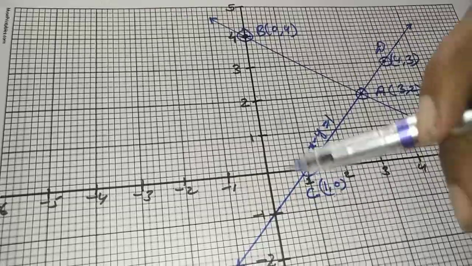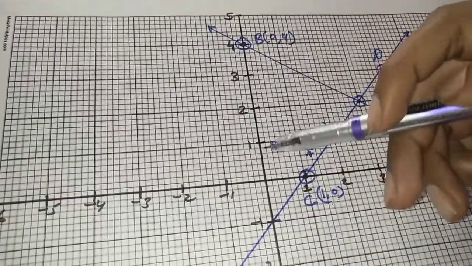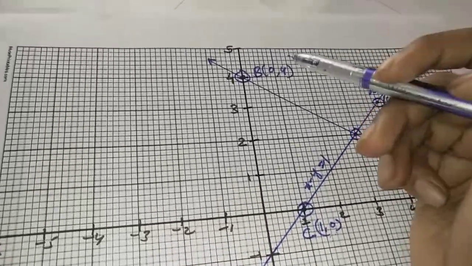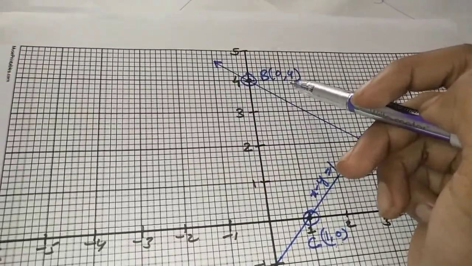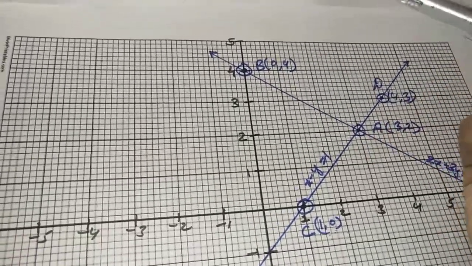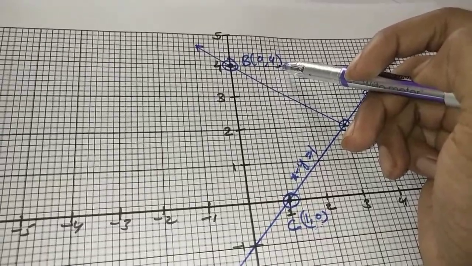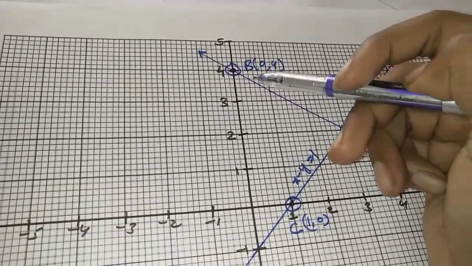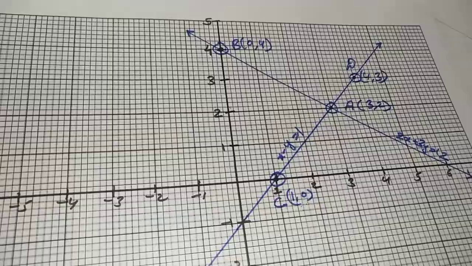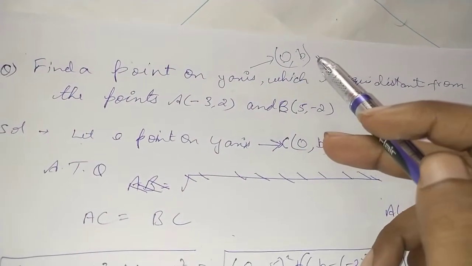Now it says that a point is on the y-axis. We do not know whether it is on the positive part or the negative part. Just take the value to be 0 comma a, 0 comma b, 0 comma y. If it is present on the negative side, automatically this value is going to be negative, and if it is positive, we will come across a positive value. So that is why this point has been taken as 0 comma b.